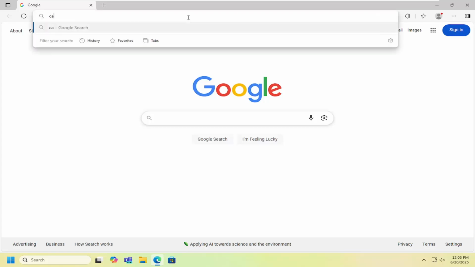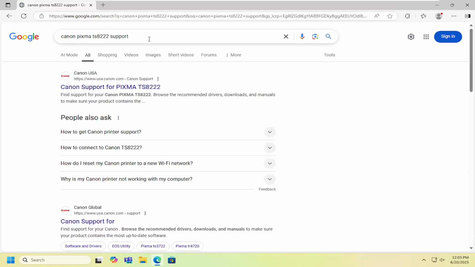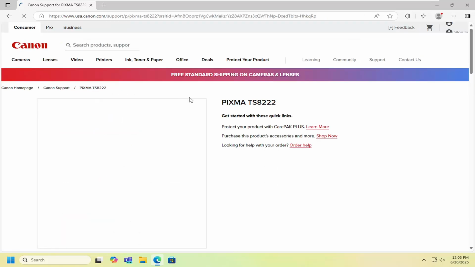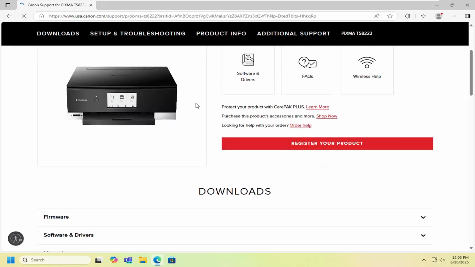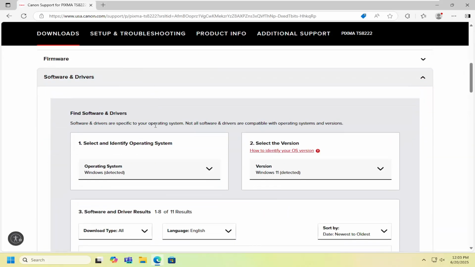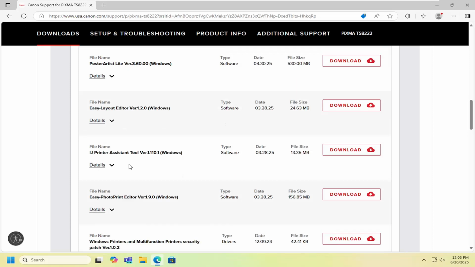So all you have to do is open up a web browser, and into Google search, you want to look for Canon PIXMA TS8222 support. Best result should come back with a Canon support page here for PIXMA TS8222. Open that up and then scroll down on this page underneath software and drivers and select where it says